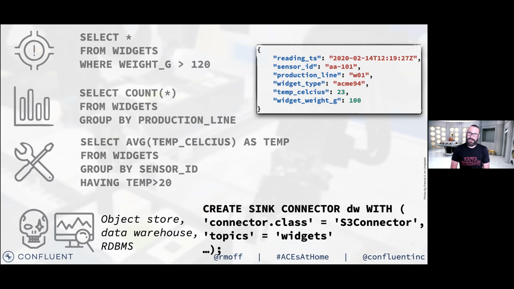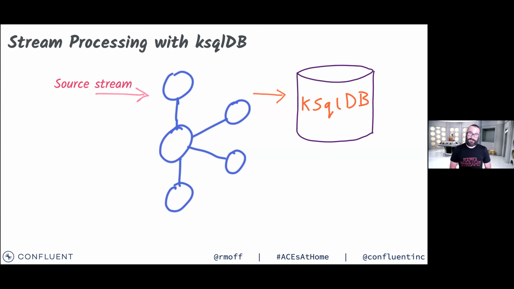Or indeed, you can take this stream of data and push it down somewhere else. Create a sink connector to Snowflake, to HDFS, to Mongo, to wherever you want to put your data for further processing. It's all based around the idea of consuming data from a topic. We write our SQL statement, which is going to probably do a create stream or create table as select, and write it back onto a Kafka topic. We can daisy chain them and continue to process the streams further and further.